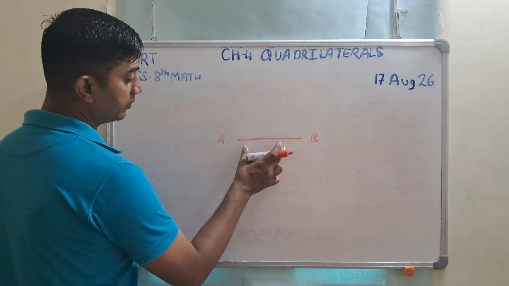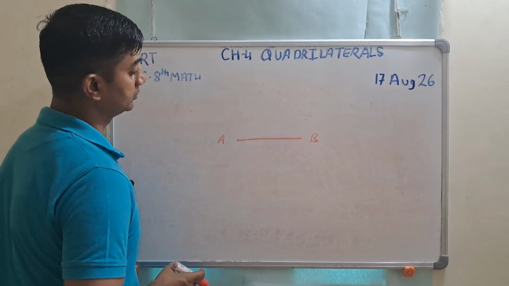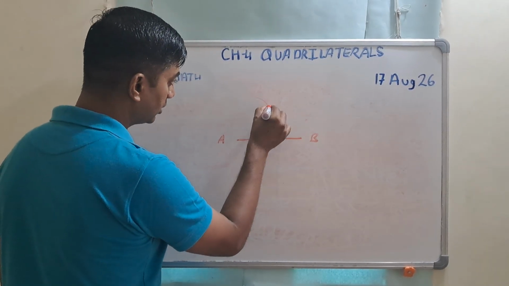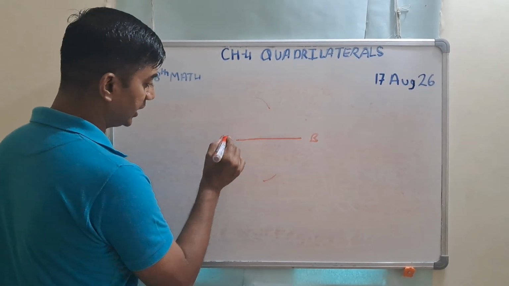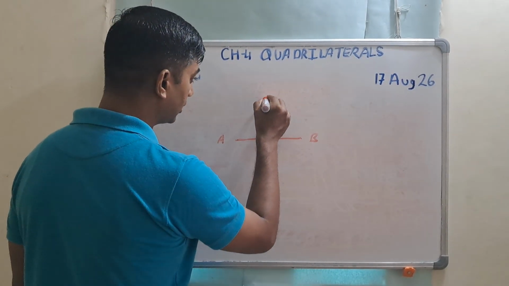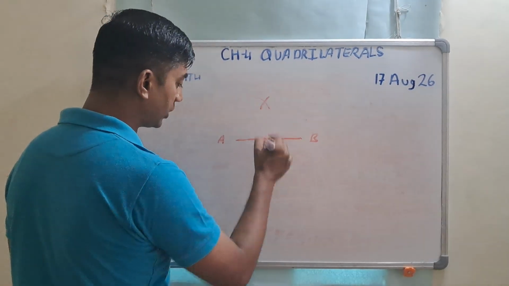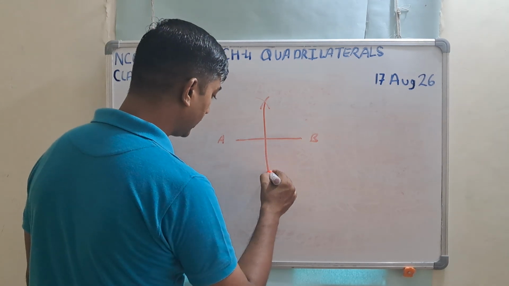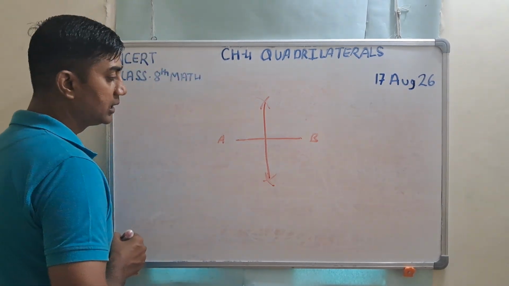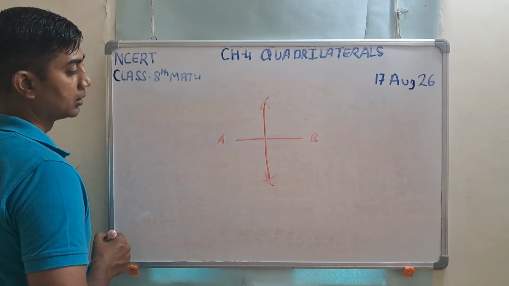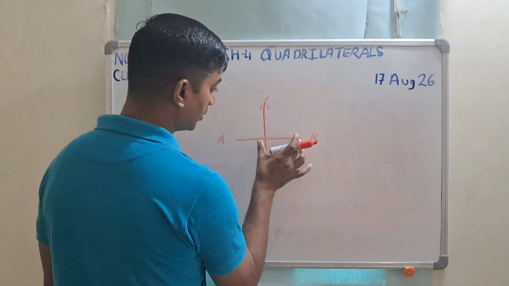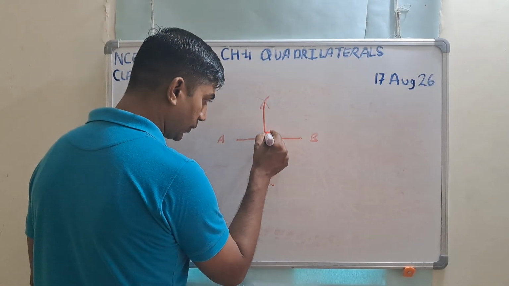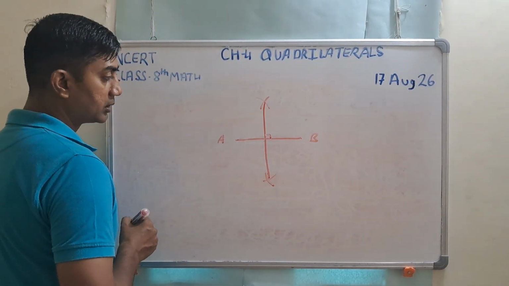Understood? So approximately you take a radius more than half of this length, and you mark an arc from this end point, and then from the other end point you mark an arc, and the point where these two arcs intersect, you join. When you join it, the point where the lines intersect is the midpoint of this line segment. Also this is perpendicular. Always this is perpendicular. Now since we have to draw a kite,